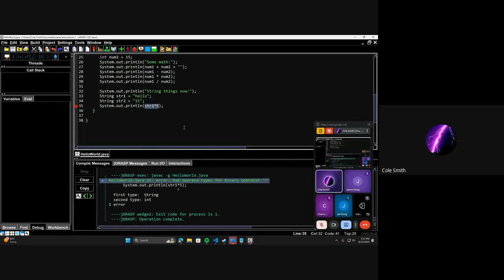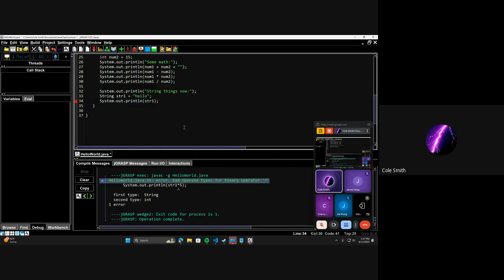Okay. So this is strings. You can add them, but you can't really do much else to them. However, because strings are objects, you can do a couple of other fancy things. So strings are objects. Objects typically, but not always, have methods. Okay. One of the methods of our string object